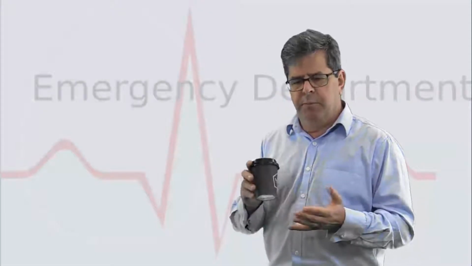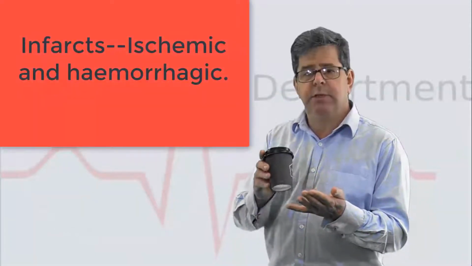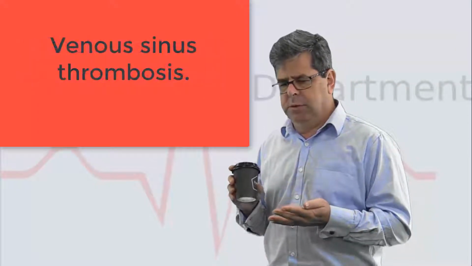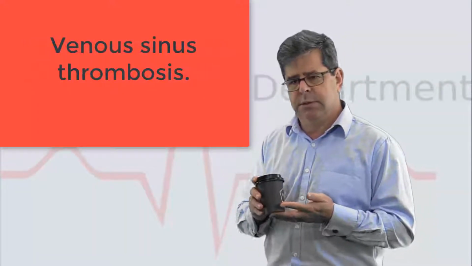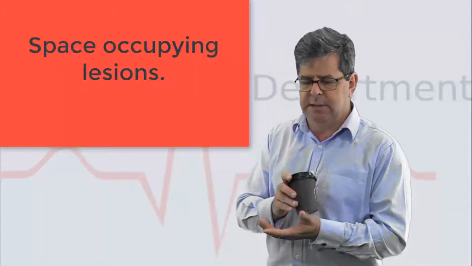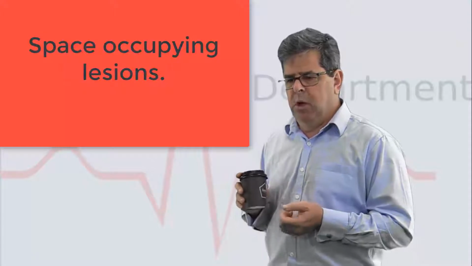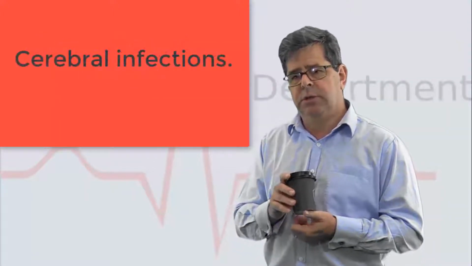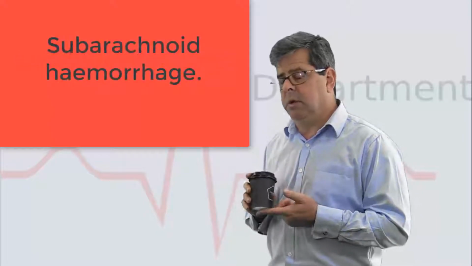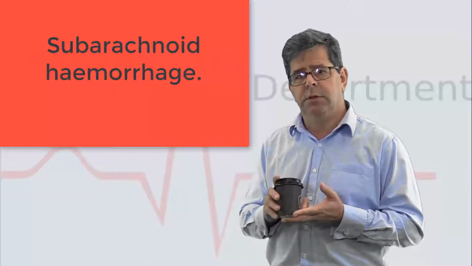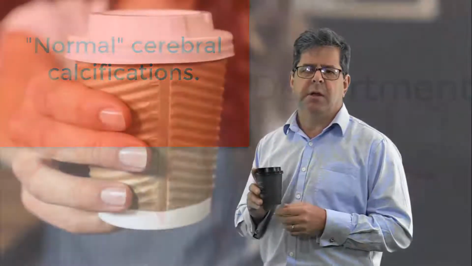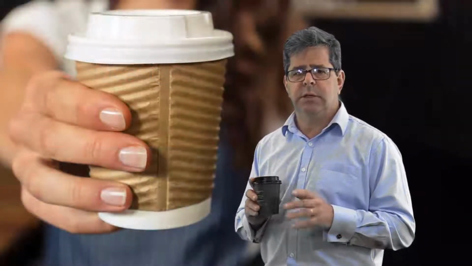Okay, so we've briefly looked at strokes, both ischemic and hemorrhagic. We've looked at venous sinus thrombosis. We've looked at space-occupying lesions, that is metastases and primary ones. We've briefly gone through a few infections, and we've looked at subarachnoid hemorrhages, forgot that one, and we've also looked at some normal calcifications. Look, I reckon that'll do for cerebral CTs, not in